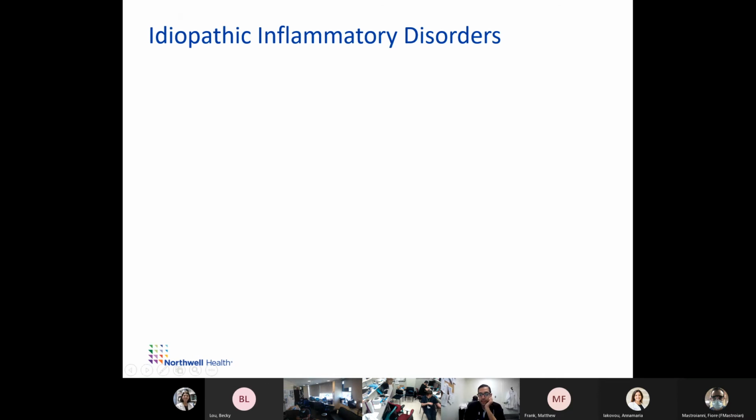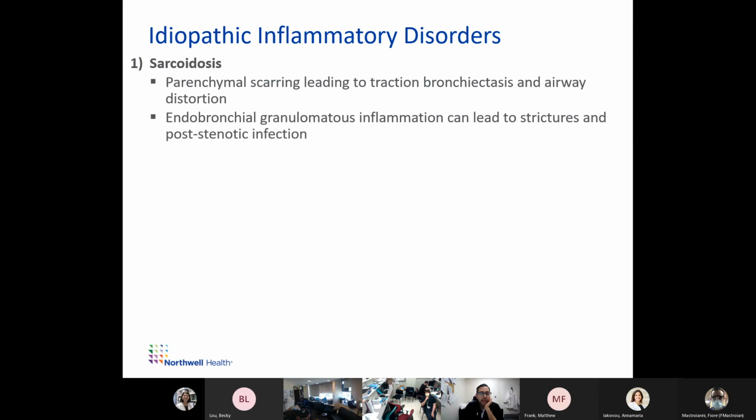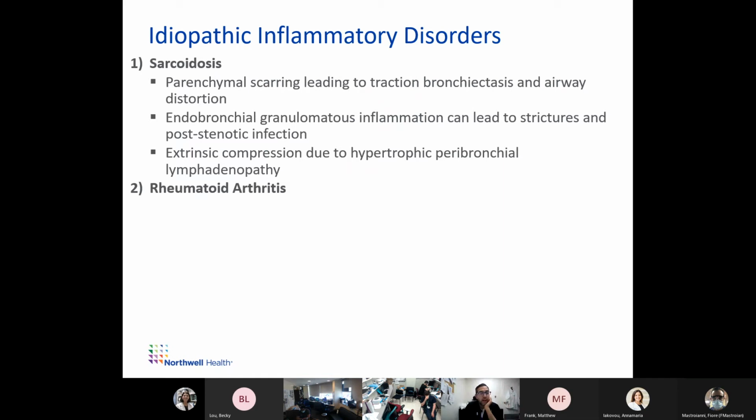So this takes us on to the autoimmune or inflammatory causes of bronchiectasis. I'm not going to talk too much about sarcoid, but usually this is upper lung involvement and usually is a secondary traction bronchiectasis and could also be secondary to extrinsic compression or the granulomatous inflammation of the airways leading to strictures and infections. Rheumatoid arthritis, I think it's very important to understand that rheumatoid has a high prevalence of causing